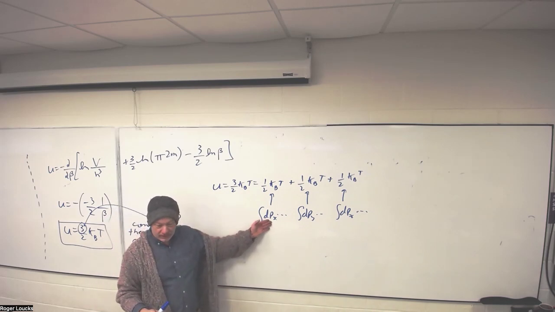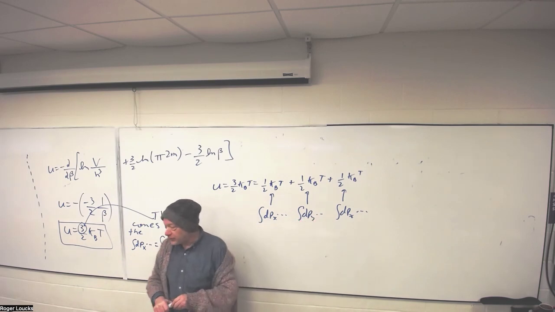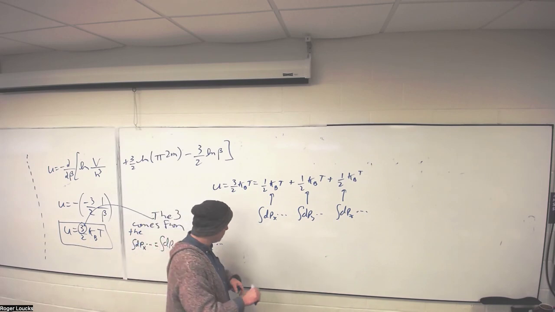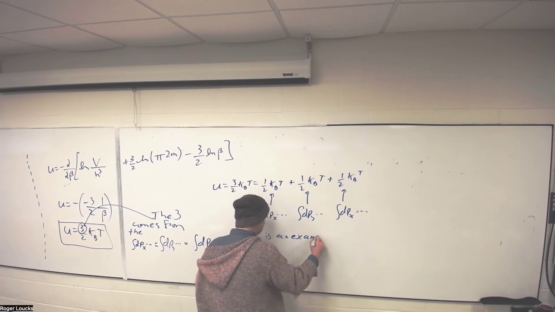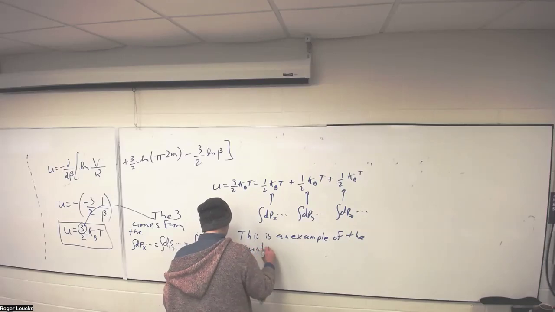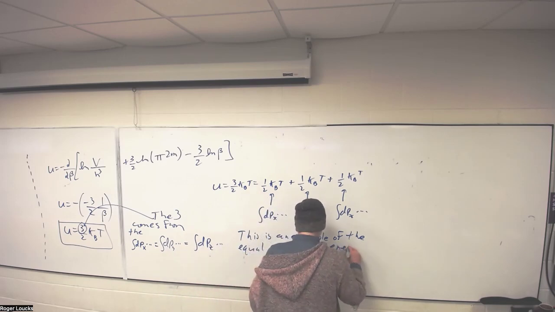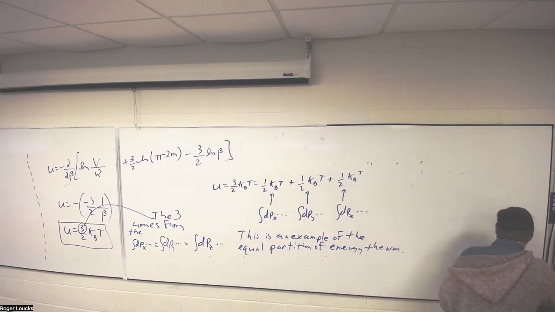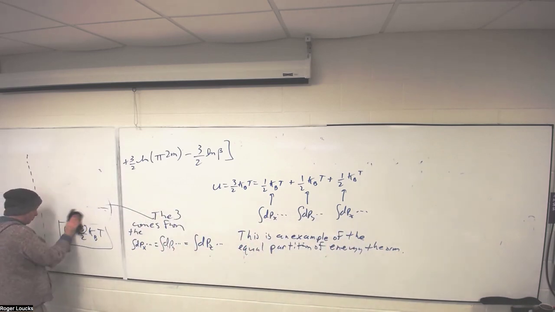So this is really your kinetic energy for the x direction, the kinetic energy for the y motion, then the kinetic energy for the z motion. What is the grand name for this? The equipartition of energy theorem. So this is an example of the equipartition. I want to say what that is, because there are some words here that we're going to need when we get to Phillips constraint theory, which will be after break.